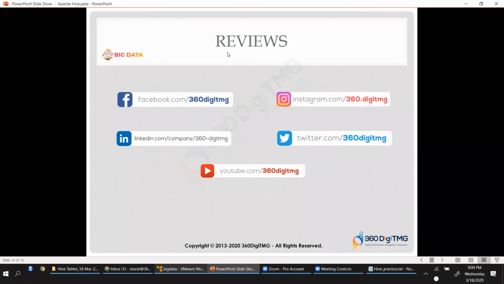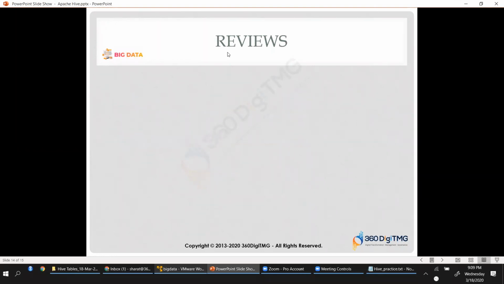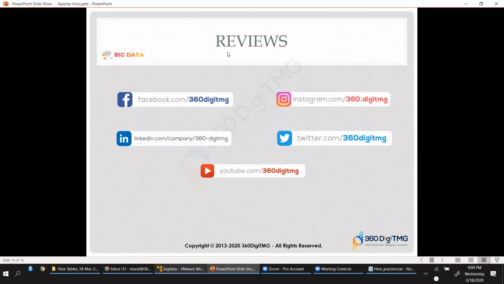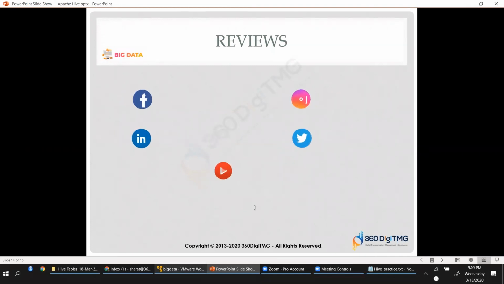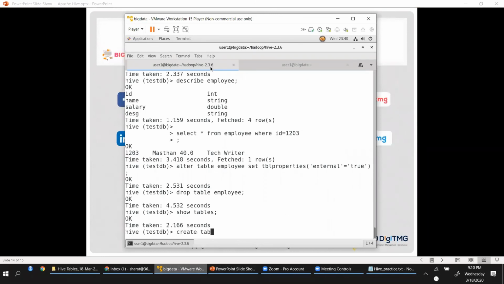Table 1 is already deleted, Avinash, right? So it would not be there. We already dropped the table. If I say create table TB1, it will again come back. Let's create table TB1 with a string column.